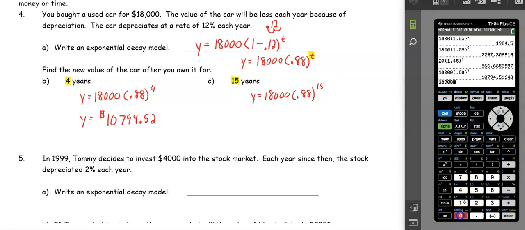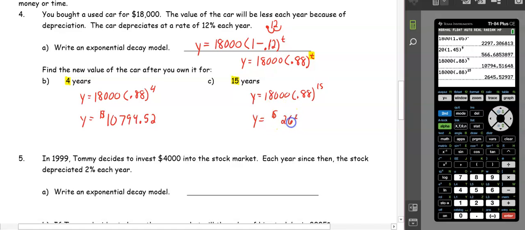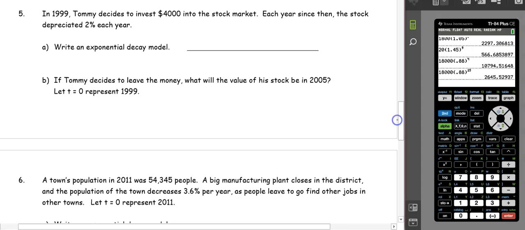So we put that into our calculator. Our car value would be $2,645.53. So let's look at another equation. In 1999, Tommy decides to invest $4,000 into the stock market. Each year then, the stock depreciates at 2%, right? The exponential decay model. So we have y equals, we start with $4,000 in the stock market, times quantity 1